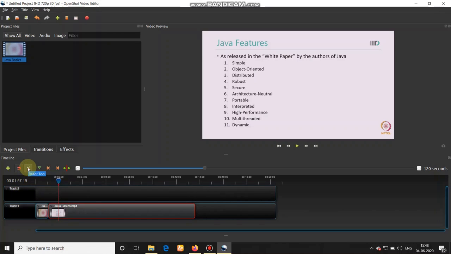You just select the razor tool and put it somewhere in the clips. For example, if you keep this razor tool here, it is going to slice your video clips in two parts. Again, you can use this razor tool to slice these two parts.